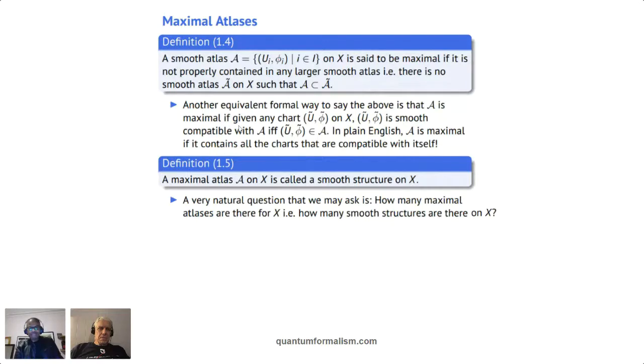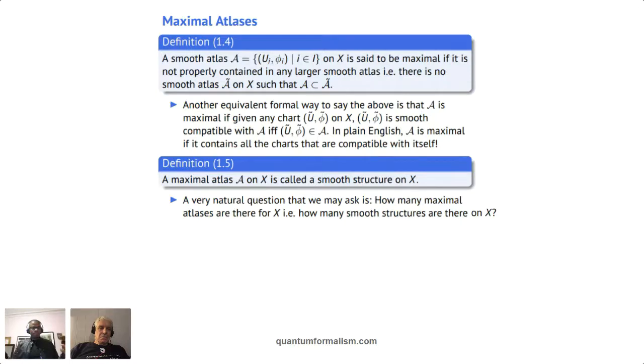Another way to say that is that A is maximal if, given any chart on X, let's call them U tilde and phi tilde on X, this chart is compatible with A if and only if this chart is already in A. So in English, a maximal atlas contains all the charts that are compatible with itself. So all the charts that you need,